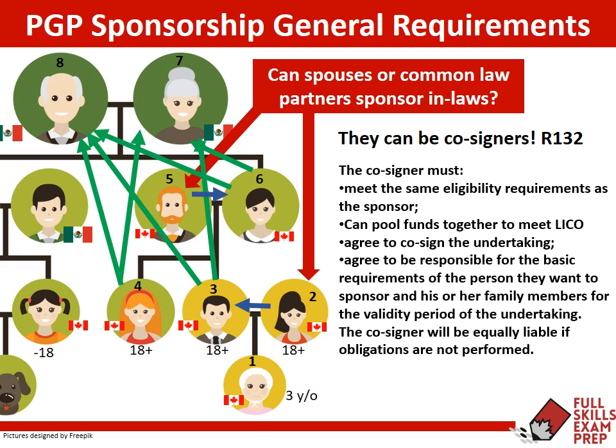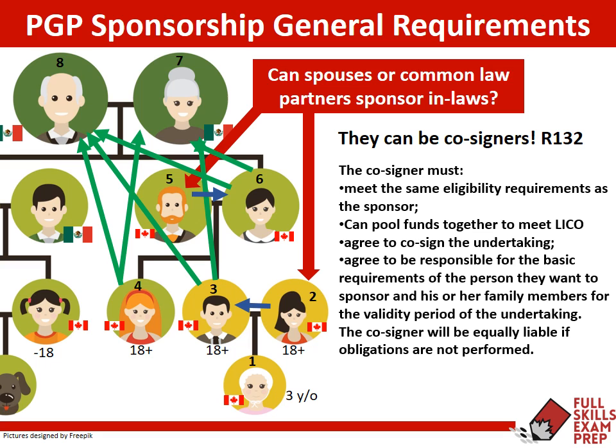Okay, so the co-signer really has to meet the same requirements as the sponsor. Now we saw just a couple of these. So we saw that the person has to be a Canadian citizen or permanent resident, 18 or over, residing in Canada. Together they can pool their funds in order to meet the LICO. We'll take a look at the LICO again later. If you went through the Super Visa lesson, you probably have a good idea about it. But the beauty of this, though, is that they can combine their incomes to meet that.